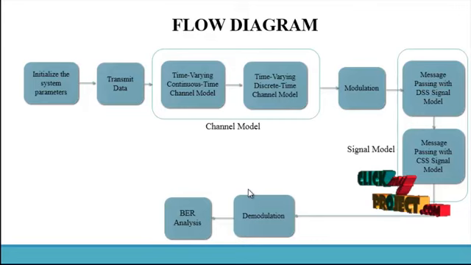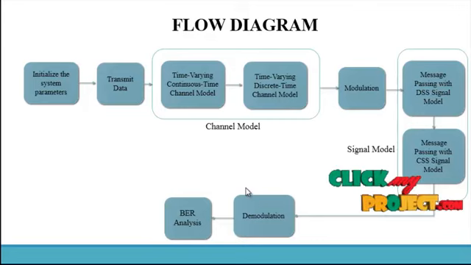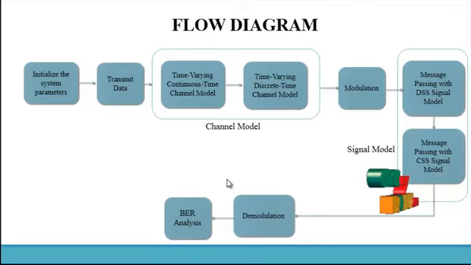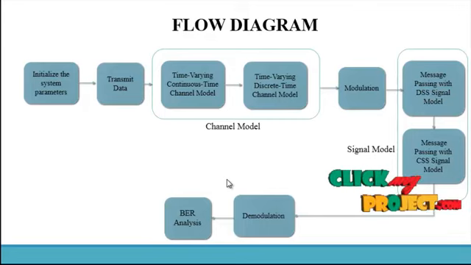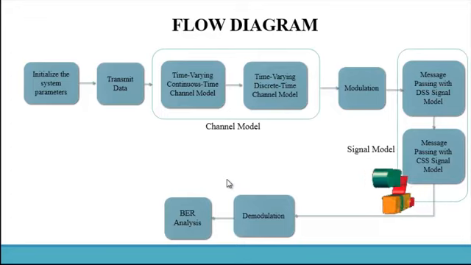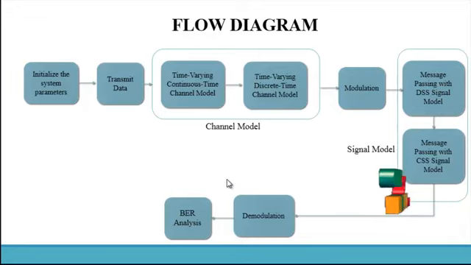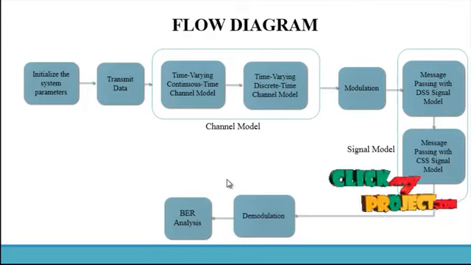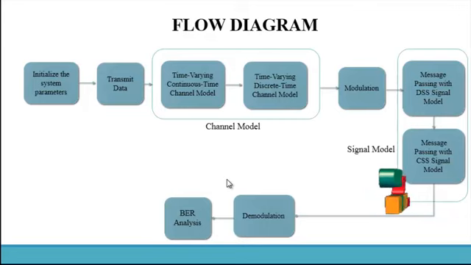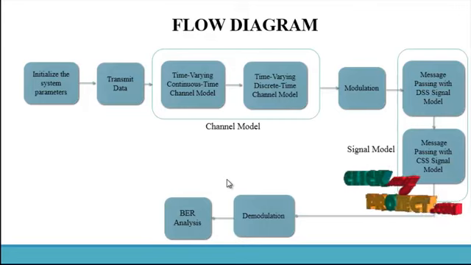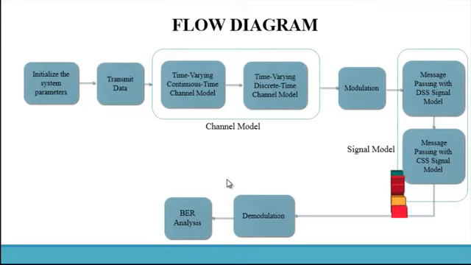If we use BER estimation, this BER analysis is a very important step of our entire process, because from the bit error rate we can find out the performance of the analysis. In our system we propose four different comparison results, using the discrete state space model, the continuous state space model, a joint allocation model and a joint allocation with LOC model. With this comparison we can find out the system analysis. Next we go into our running procedure.